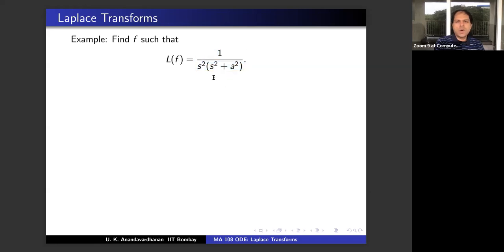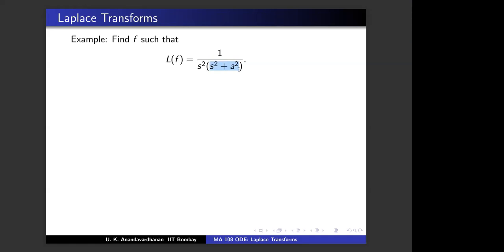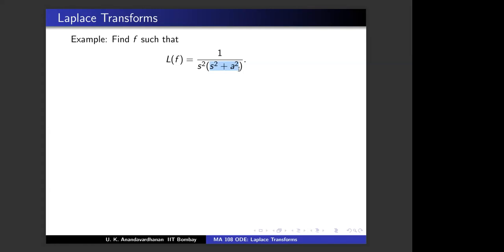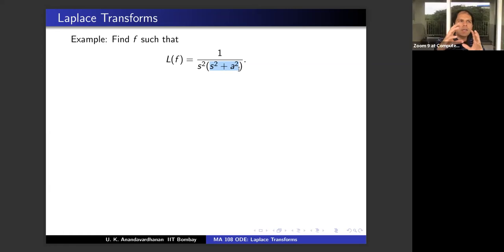So what strikes you first? What strikes you first is 1 by s square plus a square. And the inverse Laplace transform of 1 by s square plus a square is 1 by a sine at. So that is the Laplace transform of a function f of t equal to sine at by a. Therefore, in order to get the inverse Laplace transform of